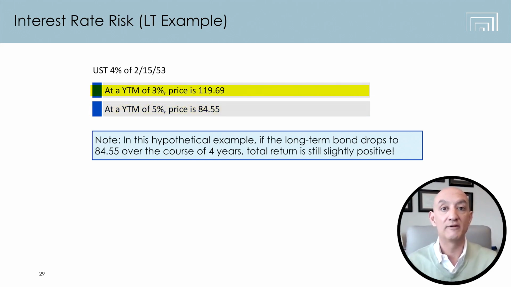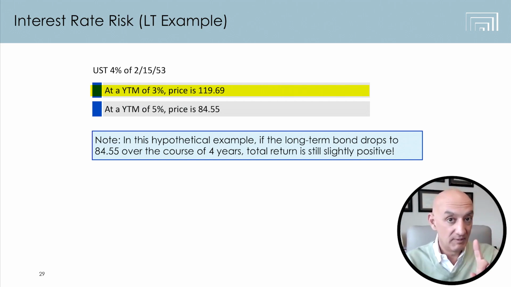But on the other hand, what if rates go lower? Now, you are not going to let go of your 4% bond when rates have gone down to 3%, for example. So you're going to command a premium so that your bond has a yield to maturity to the buyer of 3%. So now your bond goes all the way up to 119.69 cents on the dollar. So now the buyer is going to get $40 a year in interest, but they're going to have to spend $1,196.90 for your bond, and they're only getting back $1,000 in 30 years. All those numbers crunched in together give that bond a yield to maturity of 3%.